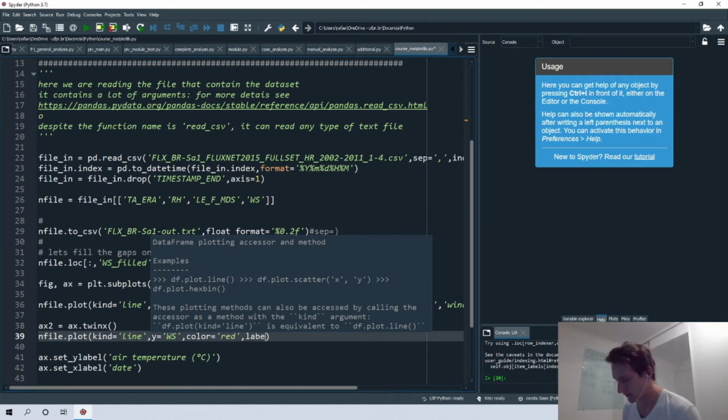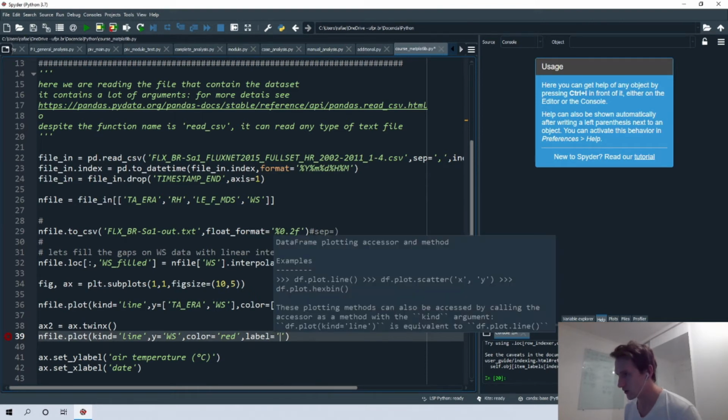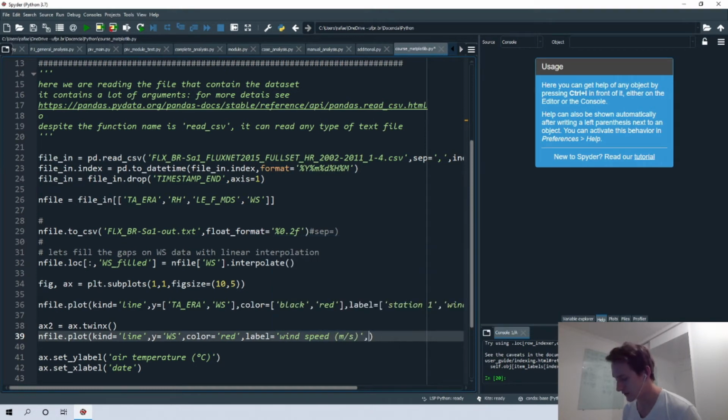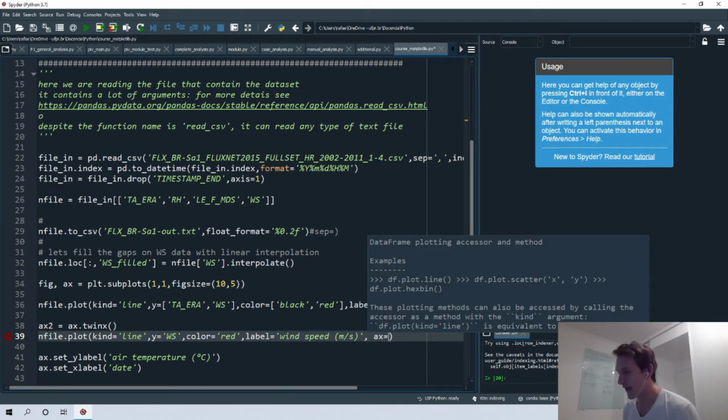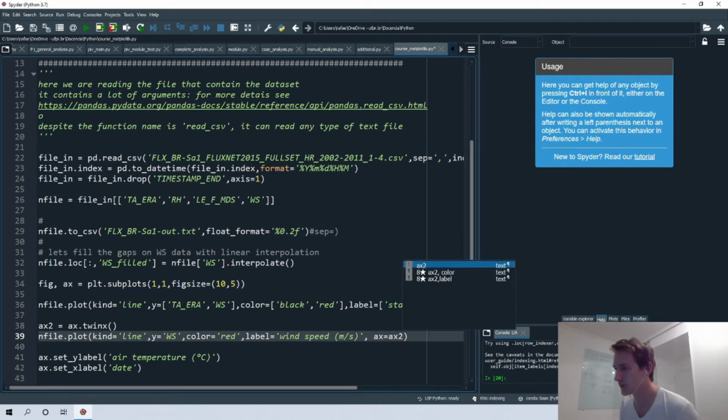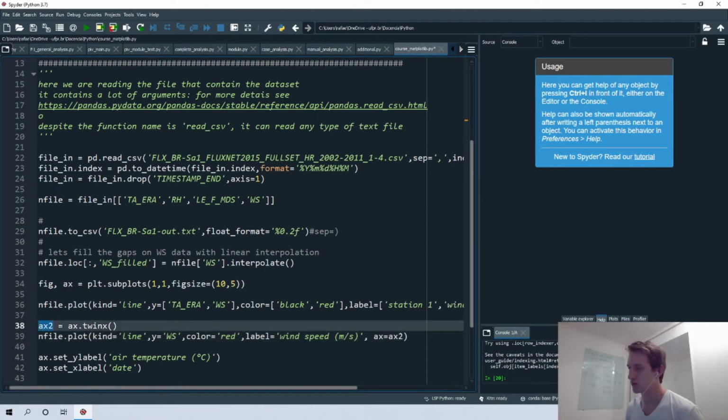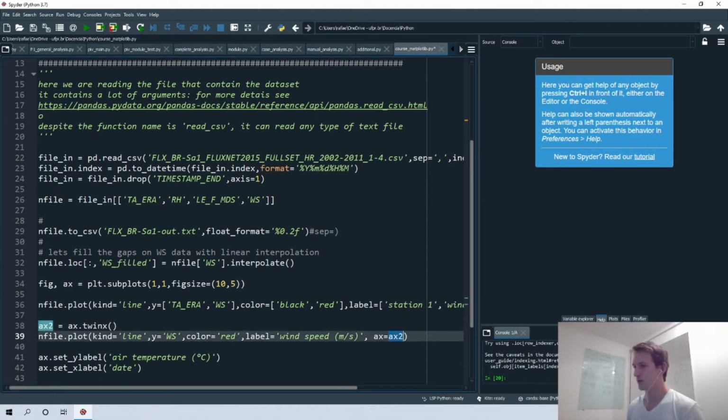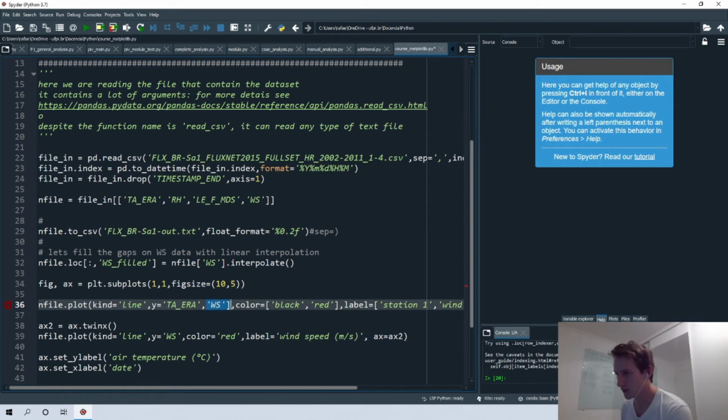The label, we can define this as wind speed in meters per second, and then the x that we use is the x2. Okay, so we must use that one here. And of course you don't want to duplicate the wind speed variable, so I change that or exclude here the wind speed variable that we defined before.